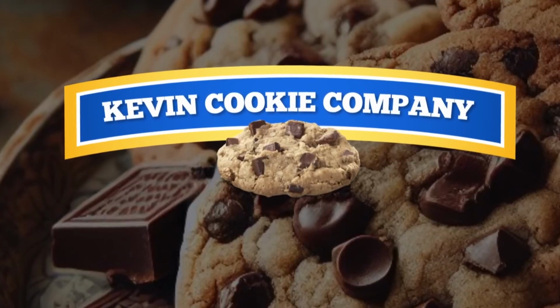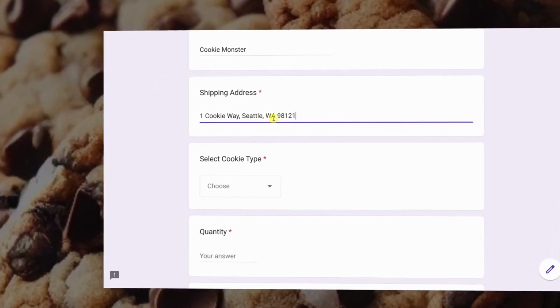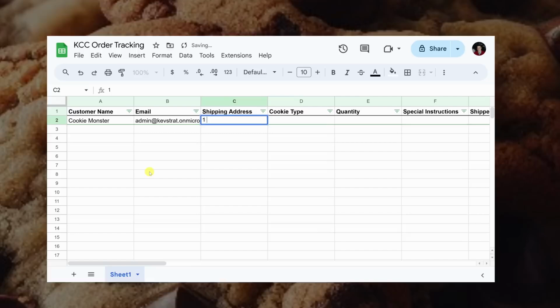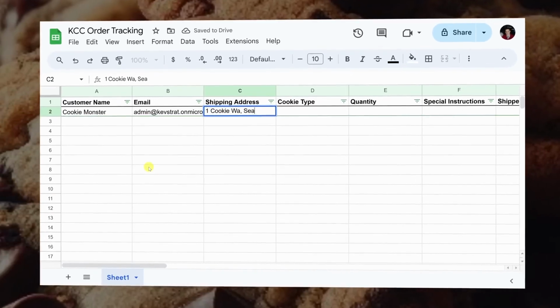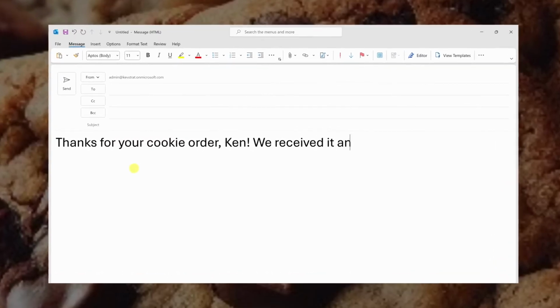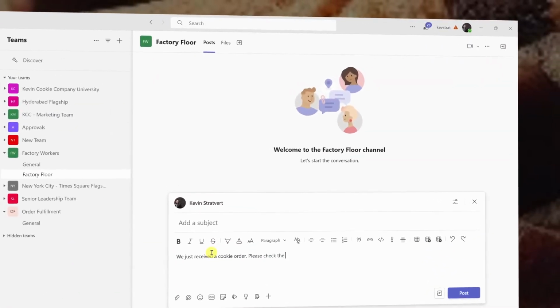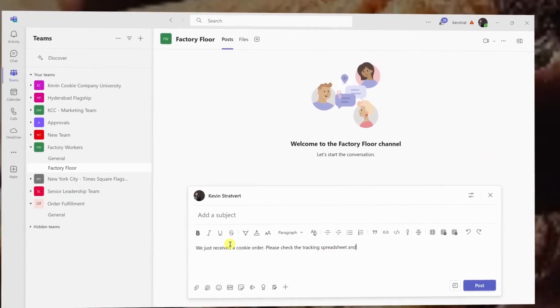At the Kevin Cookie Company, our customers submit orders for cookies using a Google Forms order form. We then have someone manually add the order into our tracking spreadsheet. And when I say someone, that person is usually me. Okay, who am I kidding? It's always me. I then email the customer to let them know that their order is coming soon. And then I message the fulfillment team channel in Microsoft Teams to inform them of the new order so they